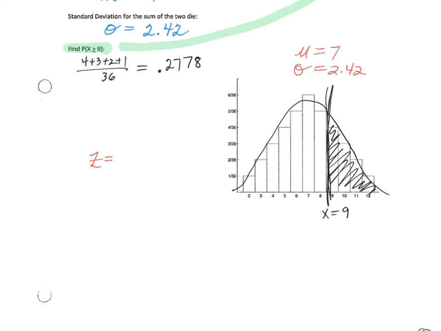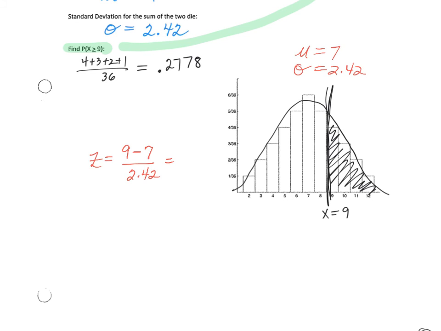So x is 9 minus the mean over the standard deviation. Are you following me on that? So x minus the mean over the standard deviation, and if you go calculating that,